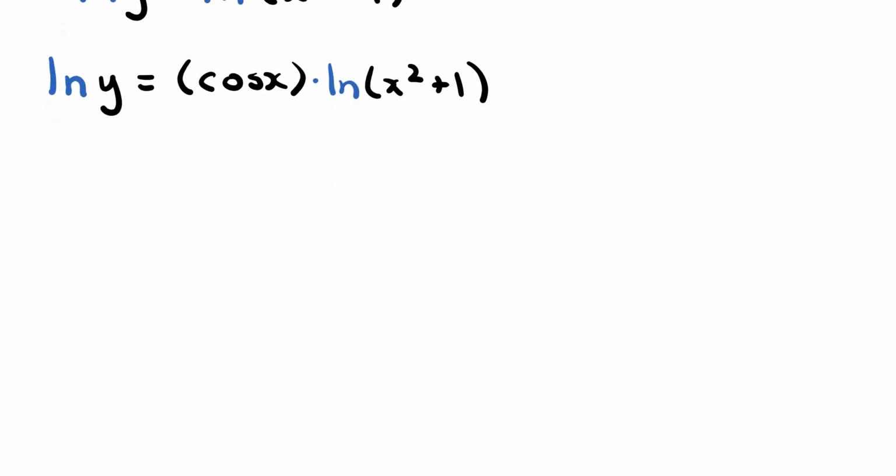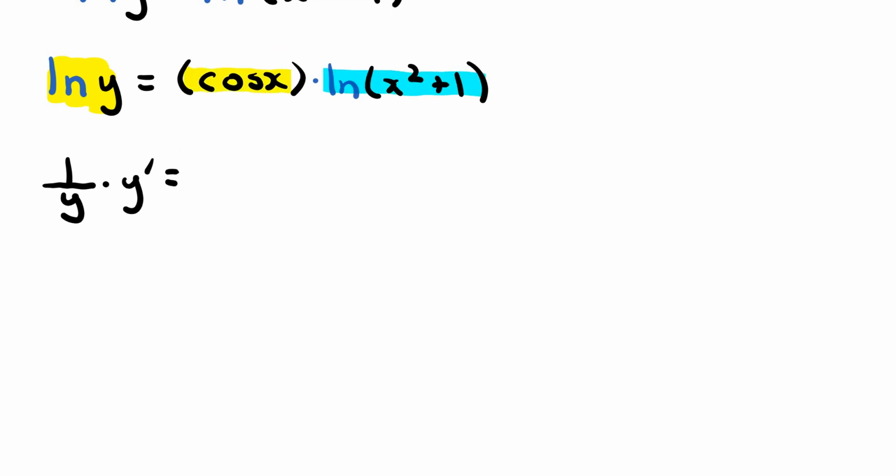Alright, so now that you've used the logarithmic properties correctly, you can now move on to your derivative rules. So let's go ahead and find the derivative of both sides. The derivative of ln y is 1 over y times y prime equals... And then on the right hand side, we can